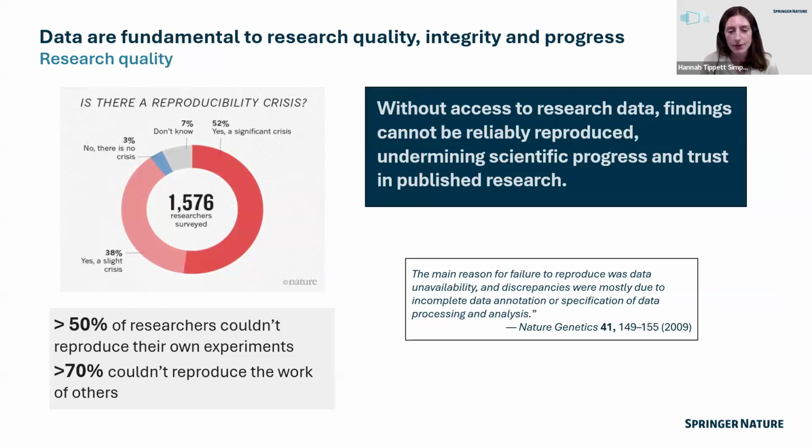So we've just seen how a lack of data transparency can undermine research integrity in serious, even high-profile ways. But integrity isn't just about avoiding misconduct. It's also about ensuring that our everyday research practices are robust, that they're reliable and repeatable. And that sort of brings us around to research quality, and a key part of that being reproducibility.